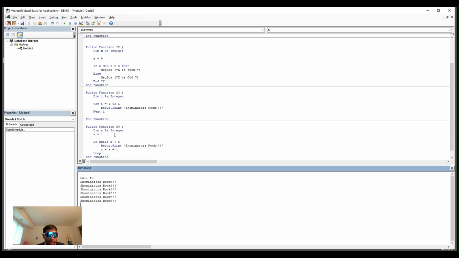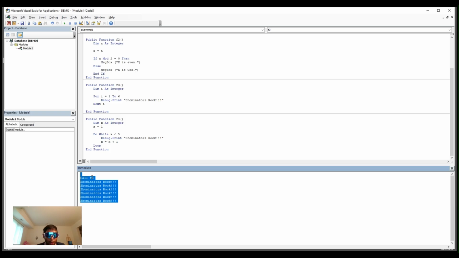All right, let's go into F4, which is the last one for this demo, before I start solving a problem for you. F4 is just like F3, but we use a different version of a loop. This loop is called a while loop. Okay, so